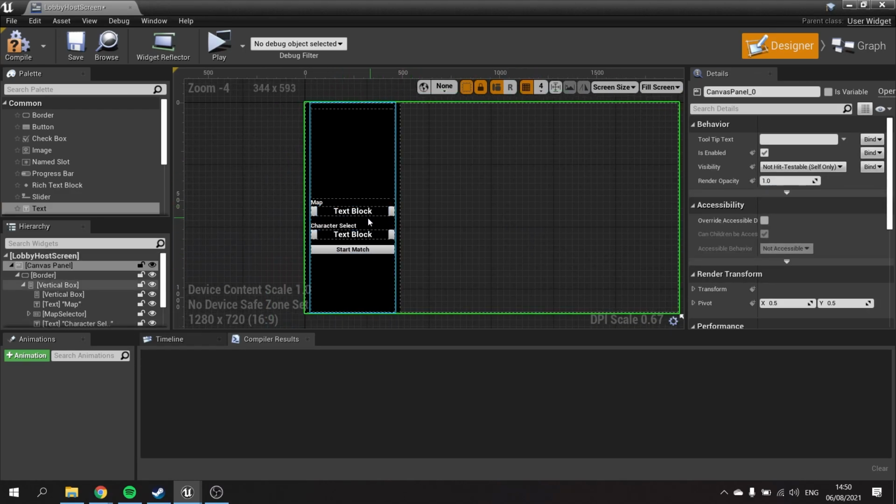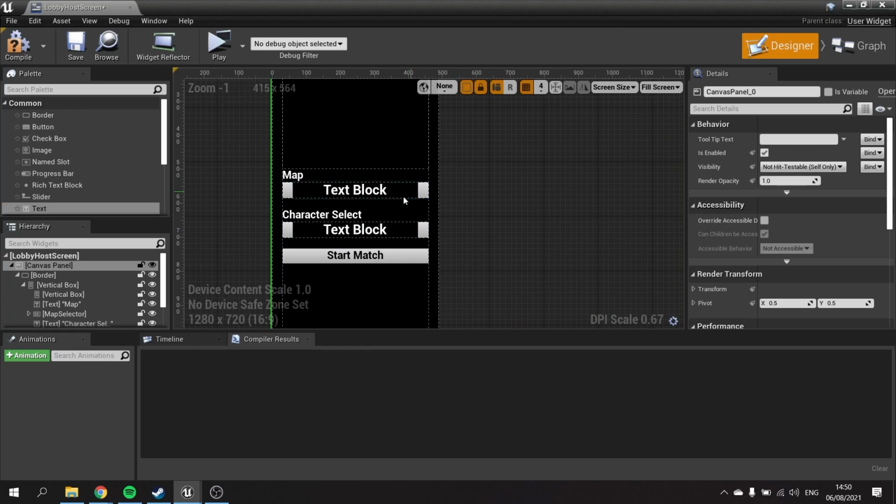The server has the ability to change the map. They can see the players and their ready status, and they can start the match. What we're also going to be doing here is setting up so we can cycle through those various maps. So let's go to the graph,